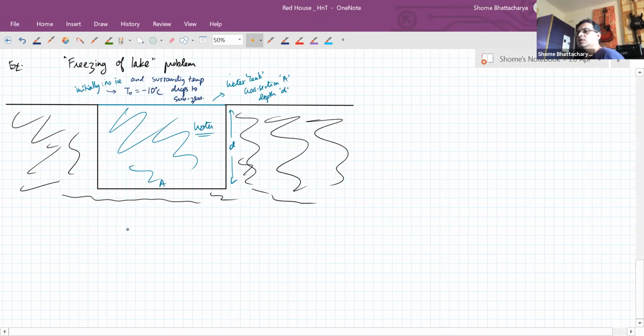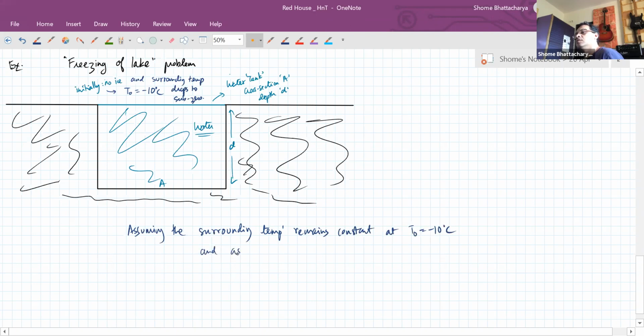Okay, but assuming the surrounding temperature to remain constant over a very long period of time, at T naught equal to -10 degrees C,